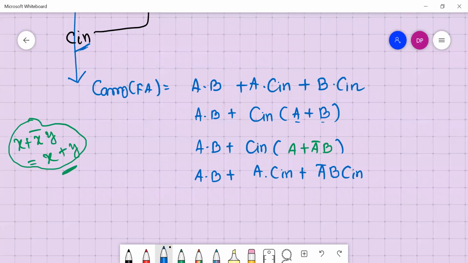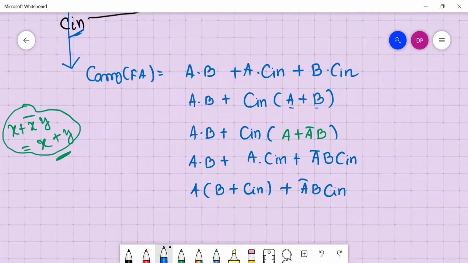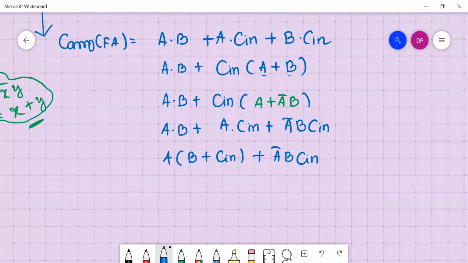Now I will take a common here, so this will be b plus c in, plus a complement b into c in. This b plus c in can be written, using the same rule, as b OR with b complement c in.